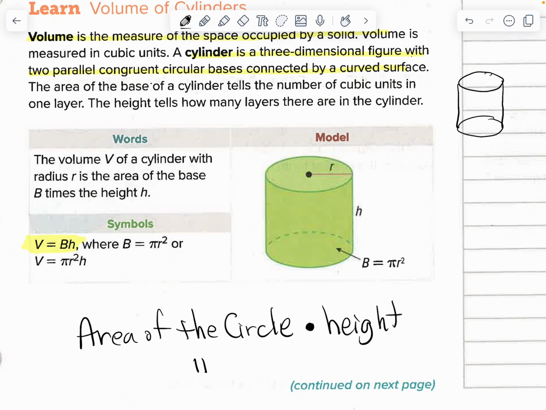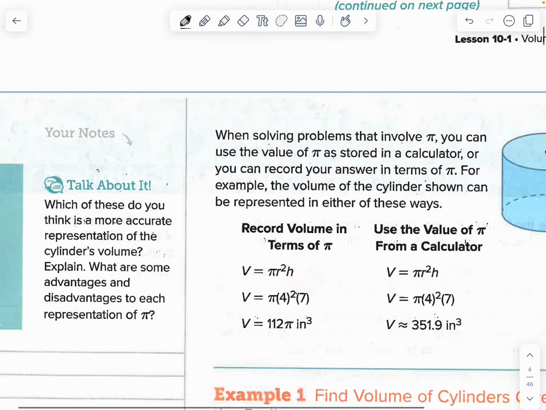That's pi r squared times the height. That is how we're going to be finding the volume of a cylinder. Now, this is when we have what is considered a right cylinder, just the normal looking ones, not the ones that kind of go off to the side. We're just going to be looking at a cylinder that looks like this. Okay, so we're going to come down here,